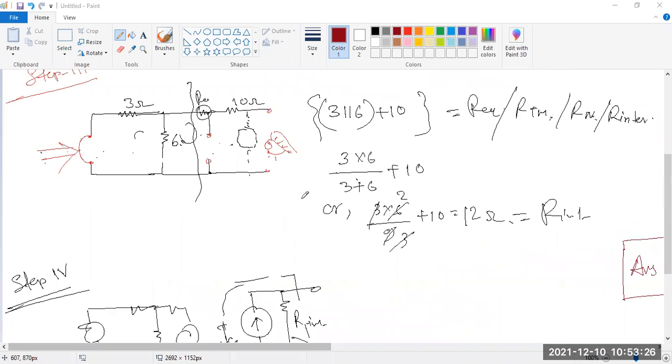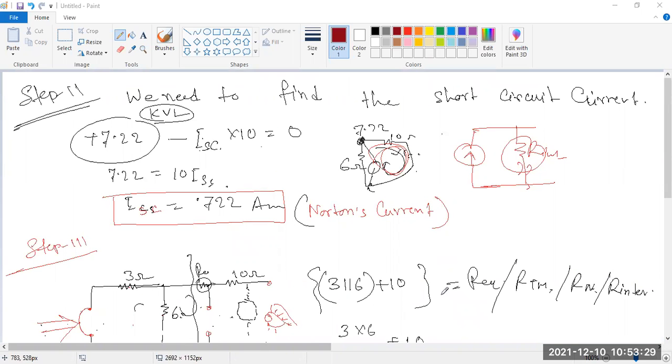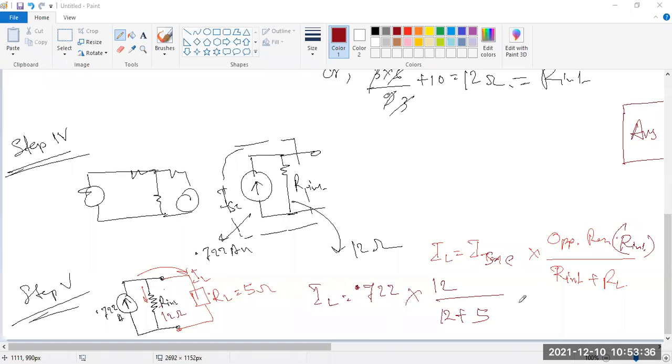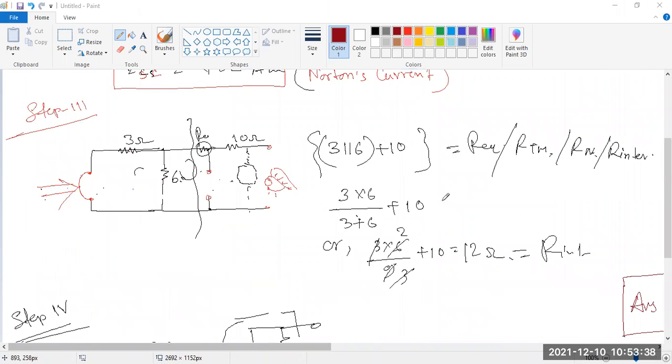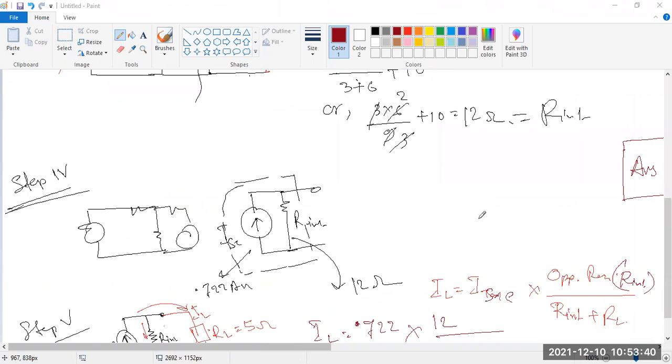So can anyone tell me Norton's theorem? What does it want to say, and how could I solve this? Just in two or three lines. Just remember these things, whatever you have studied.